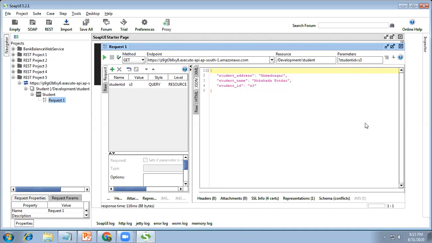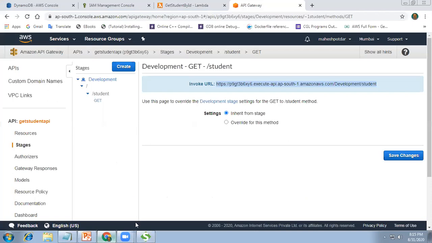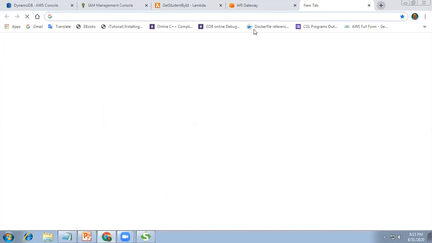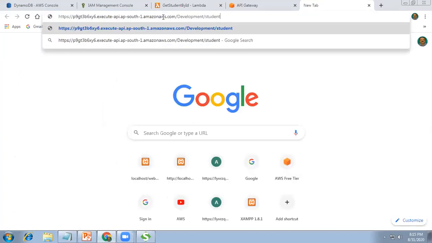I'm showing you one more thing. The URL is provided by Amazon, with studentID equal to S1. Testing this particular URL with the help of the browser.